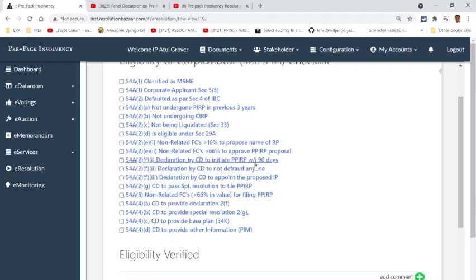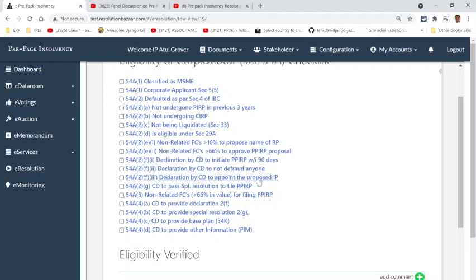So the declaration is that we do have the inclination and the wherewithal to undergo the process, meaning that we have set aside a budget for the expected pre-pack expense. Other than that, we declare that we are not doing this to defraud anybody.